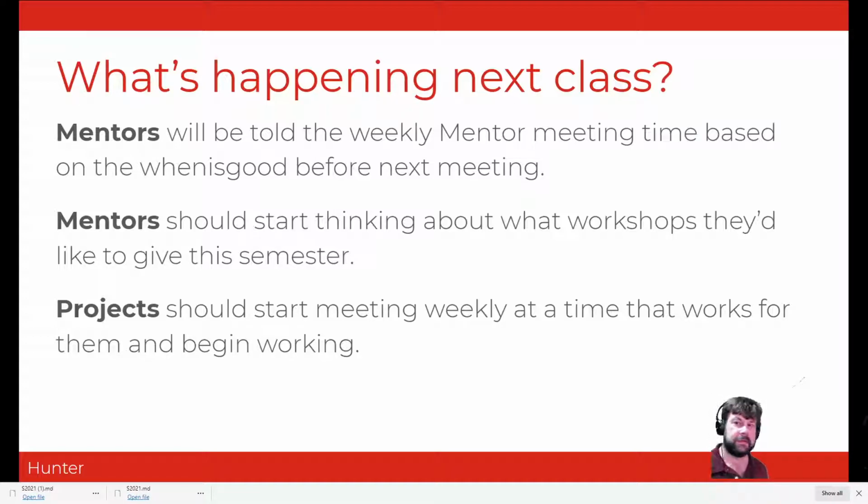I usually do a Docker one every semester, and that usually goes pretty well. But you can pick whatever topic interests you. You just give, say, a half hour to an hour talk, usually on a WebEx or in a Discord channel if you want. And then everyone in this class who's taking the class for credit also has to go to one of those workshops. So definitely try to make it an interesting topic so everyone can be entertained and happy and enjoy it. And hopefully learn something.